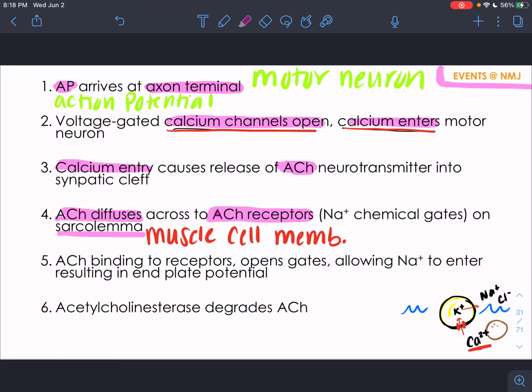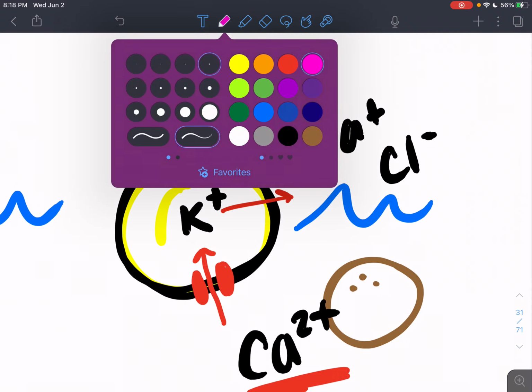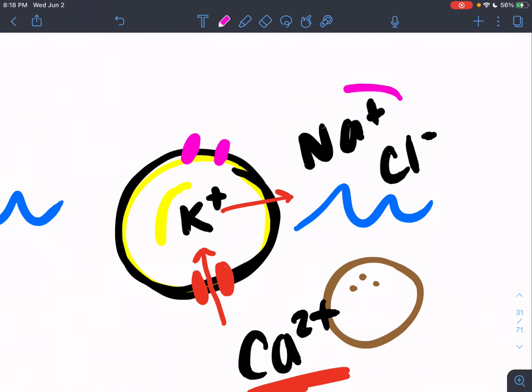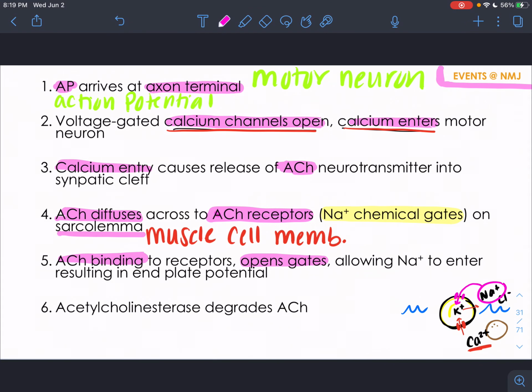Acetylcholine receptors are sodium chemical gates. If acetylcholine binds to the sodium chemical gates, it opens those gates. Which way is sodium going to want to go? At rest, sodium is outside the cell, so sodium is going to want to go into the cell. So acetylcholine binds, opens the gates, sodium enters